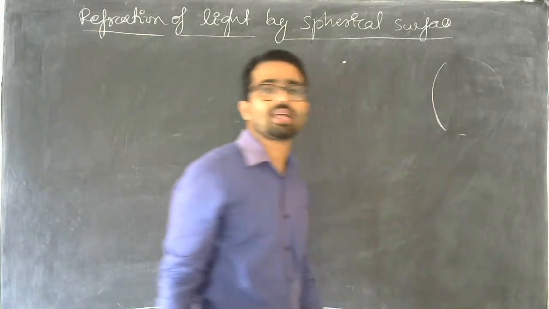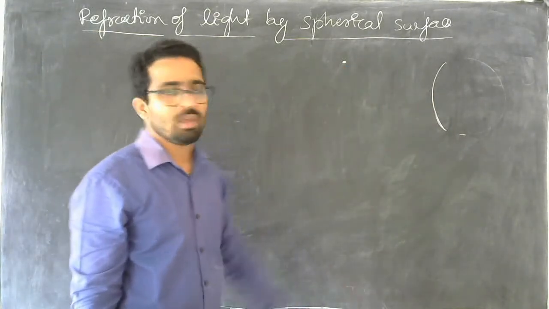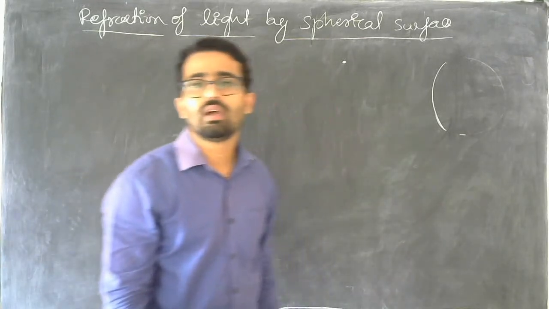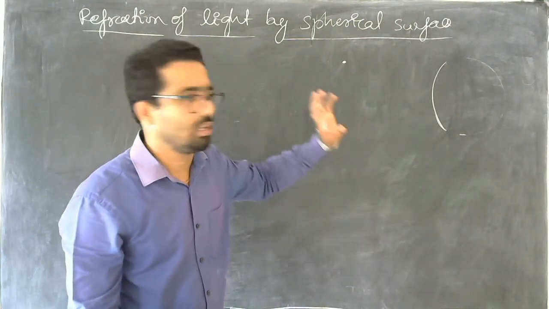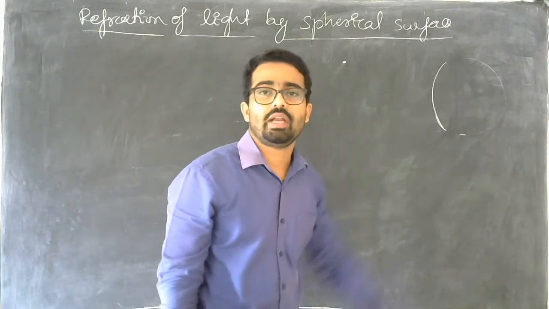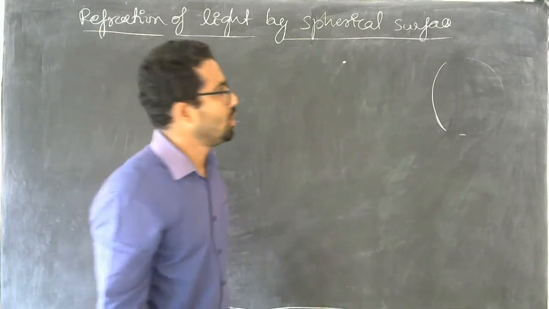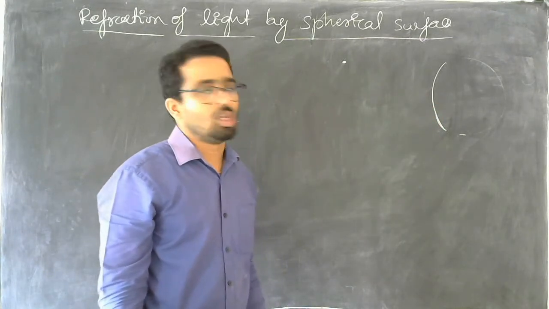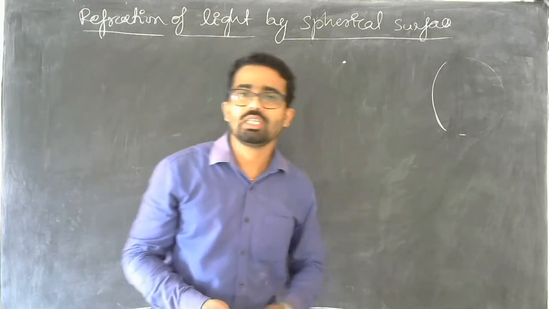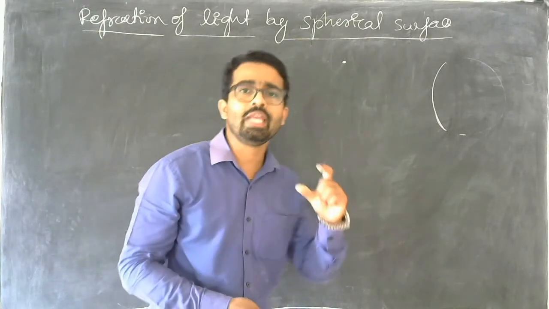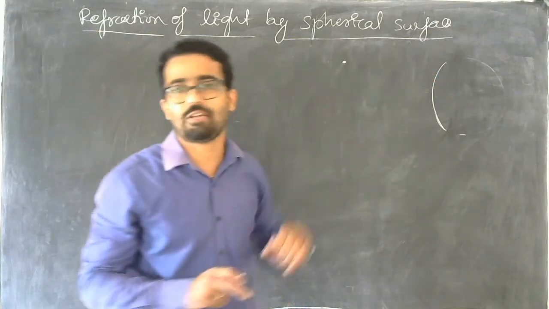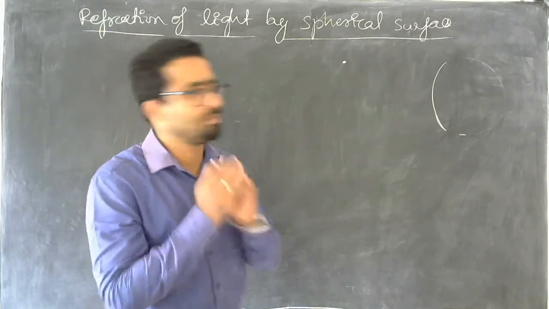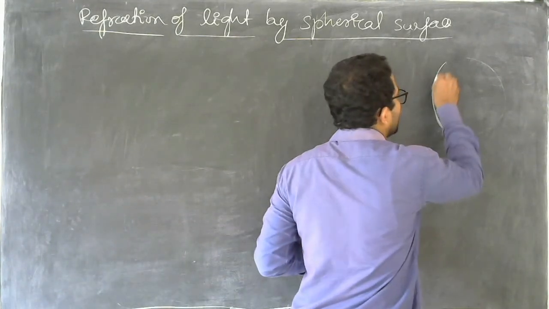This is a transparent medium, and we will try to pass the light on this, and we will see the features or the properties exhibited by that. So we will see refraction through this spherical surface. While discussing this, we will consider an infinitesimal part of the spherical surface. Infinitesimal part means we will consider a very small part. So if you consider this part,